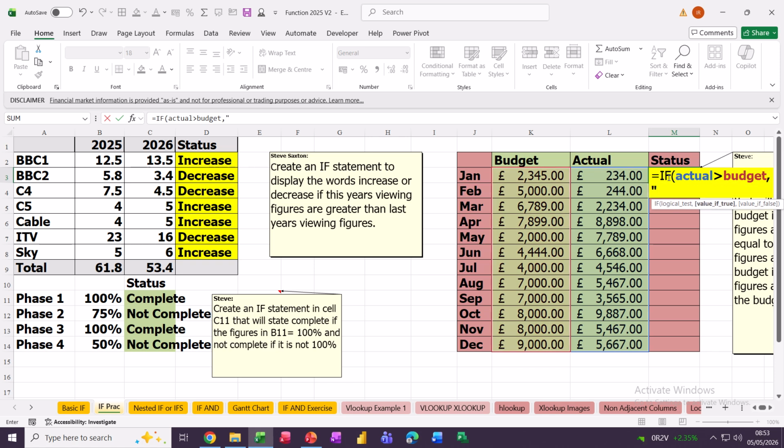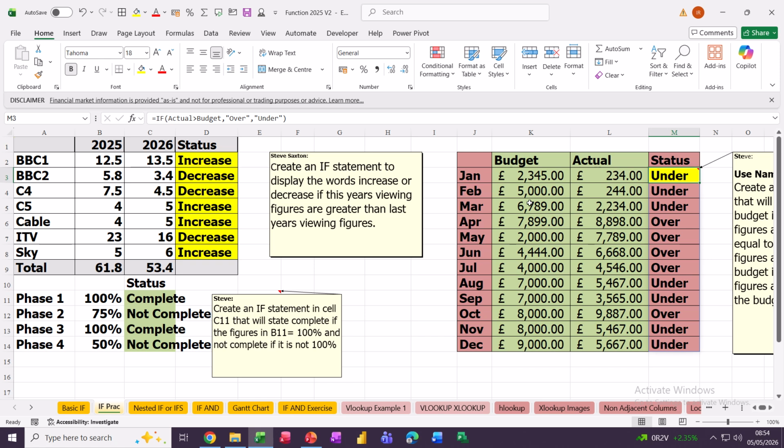over, you are over, closing quotes, comma, otherwise you're under, so under, closing quotes on that one, and then closing the bracket, and then clicking the tick. And then because I'm using names again, it automatically spills the formula down. So that's a few examples of how to use an if statement, some basic if